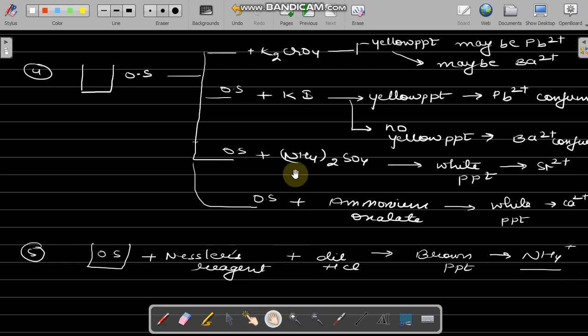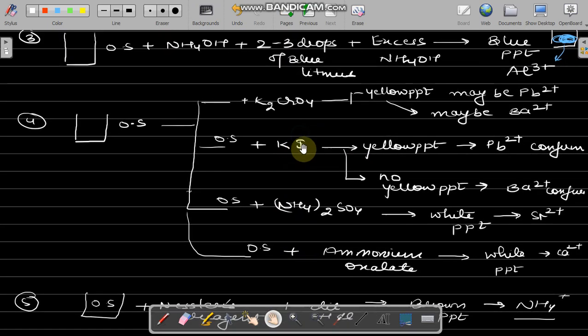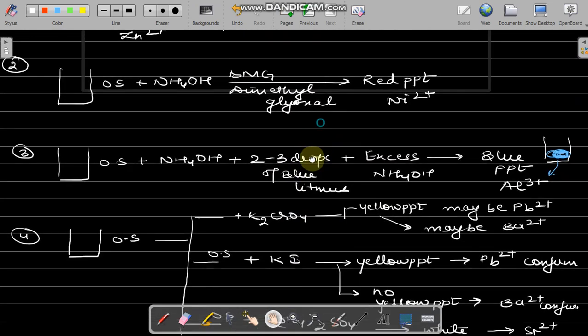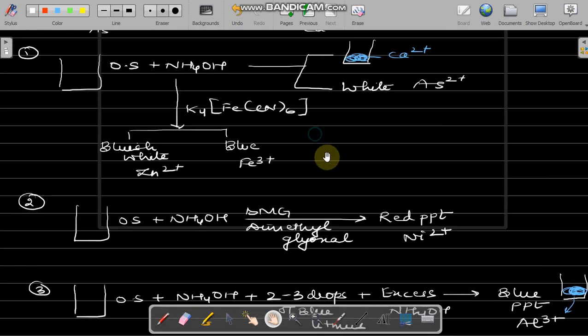This is all how it is a small trick or a 15-minute trick or steps by which we can analyze the salt which is assigned to us in the exam by following these steps. So just revise them and write them properly so that it will be easy. You can recap it within 15 minutes and you can easily analyze the cation and anion present in the given salt. Thank you.